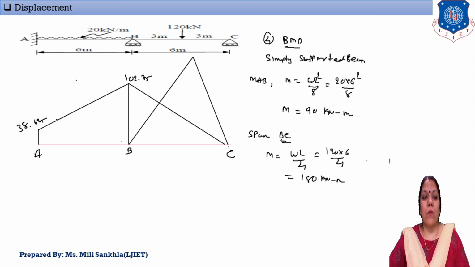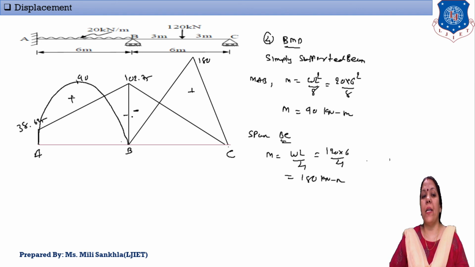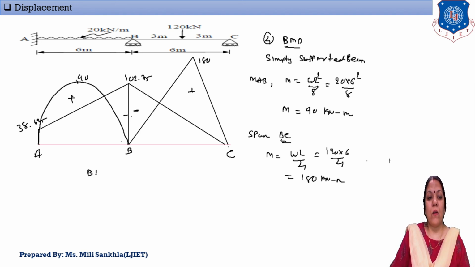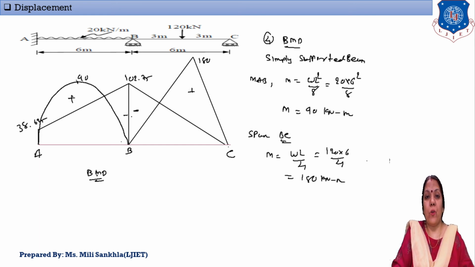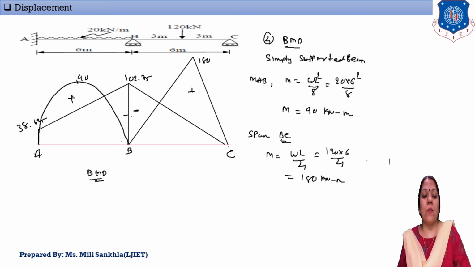Now here our simply supported beam is subjected to UDL, so the diagram is like this way. Plus, and here our moment we find is 90. This one is plus, this is negative, and here we find our moment, that is 180, and this is also plus, and this middle portion is negative. Okay, this is the bending moment diagram for the two span beam. Two span beam, that is our indeterminate structure. Here our example of the moment distribution method is complete.